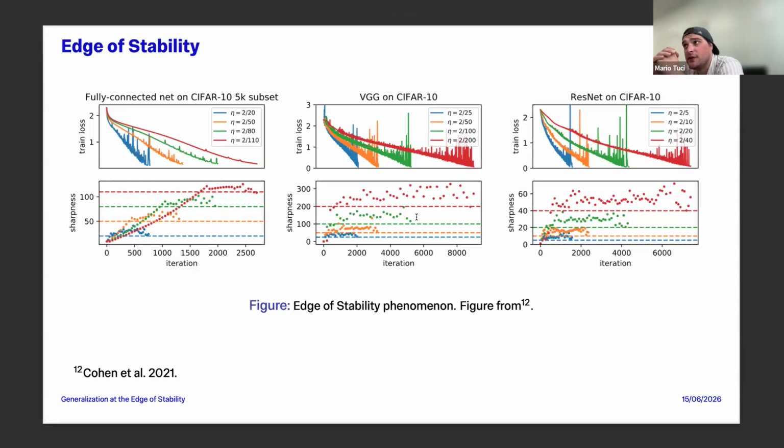So the edge of stability phenomenon comes also from earlier ideas, but I would say a really good paper about it is from Jeremy Cohen. And what it says is, when you train a neural network with full batch gradient descent and look at the largest eigenvalue of the Hessian of your empirical risk, of the loss, then this eigenvalue increases, increases, increases, and then fluctuates around some value. And this value is typically 2 over the learning rate.